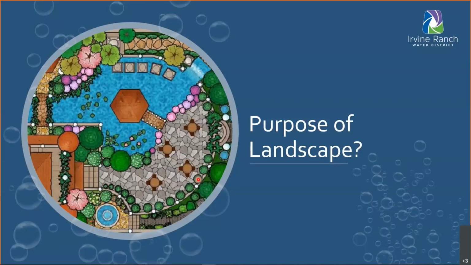Now, before we start getting into the plant material and everything, it's always the little things. What do we want to use the landscape for? What's the purpose of our landscape? Who has pets out there? We know what sometimes large pets can do to landscapes. We always have to think about the small things that we need: